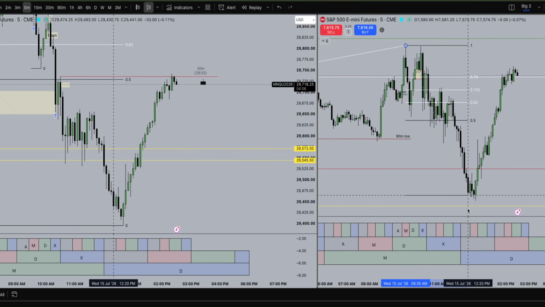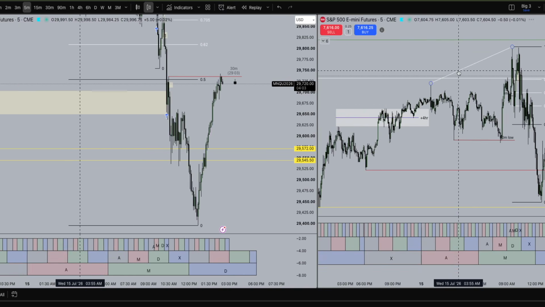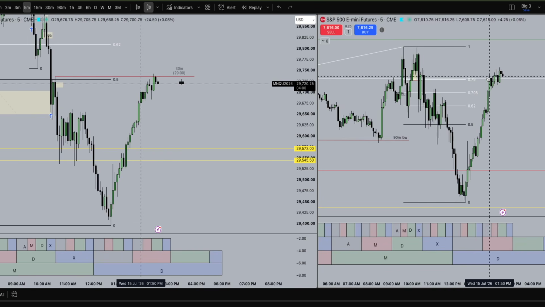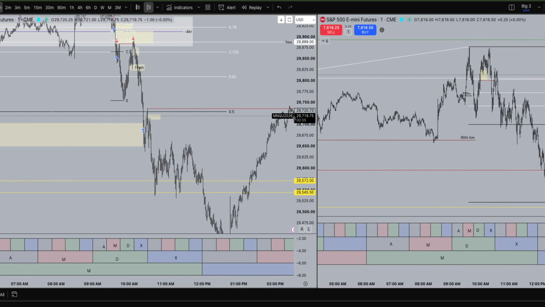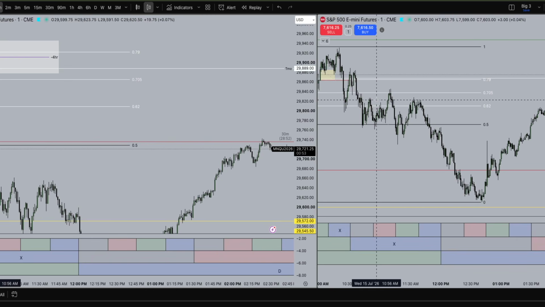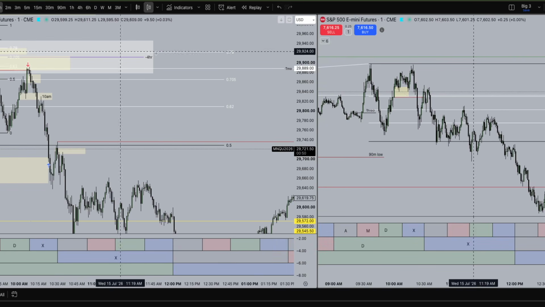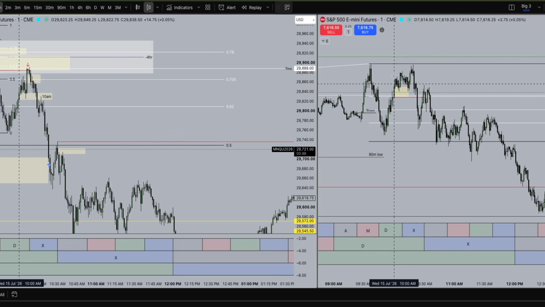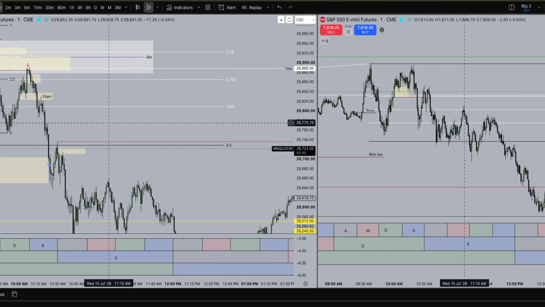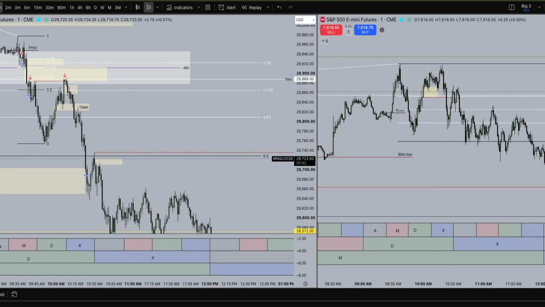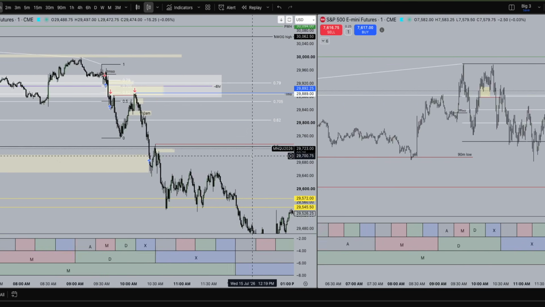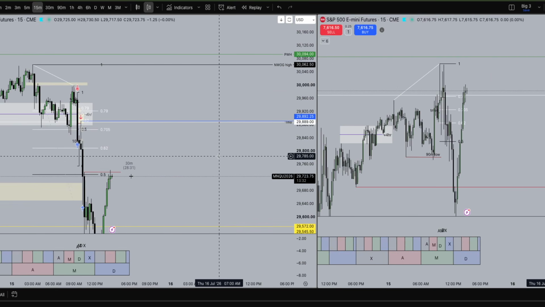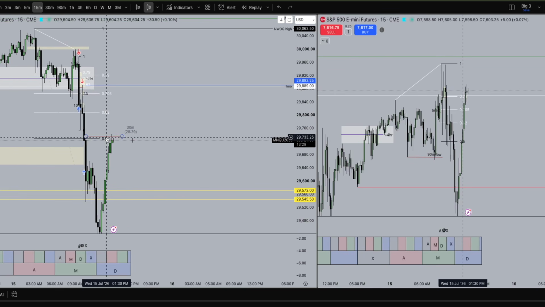Okay, we've retraced a lot on ES. This is what I wanted to tell you, right? Even though ES is doing the most for movement, we retraced to OTE, and in fact, the highest high and the lowest low after 10 a.m. is your draw on liquidity. So the highest high after 10 a.m. and the lowest low after 10 a.m. are draws on liquidity, which would be literally the high right there, and then 10 a.m., this is going to be your buy side liquidity, which is not exactly at 0.705, but it's close. It's in that range, and so that's what I'm expecting if we're going to move up into OTE.